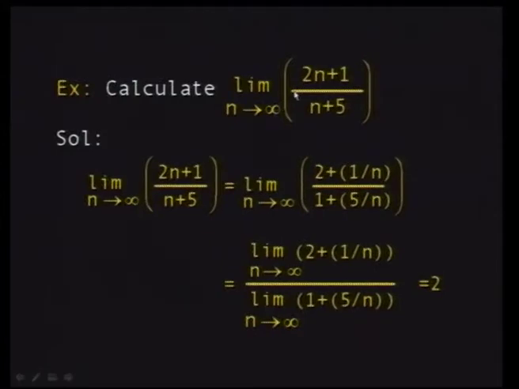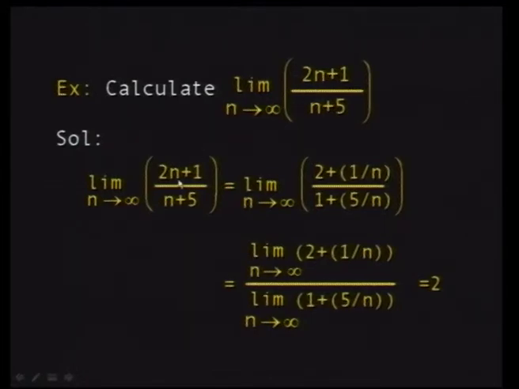Now, suppose you want to calculate the limit as n tends to infinity of (2n plus 1) over (n plus 5). This is a sequence defined for all values of n. When n is equal to 1, you get 3 over 6. When n is equal to 2, you get 5 over 7, etc. This is a sequence, and you want to know whether it converges or not,